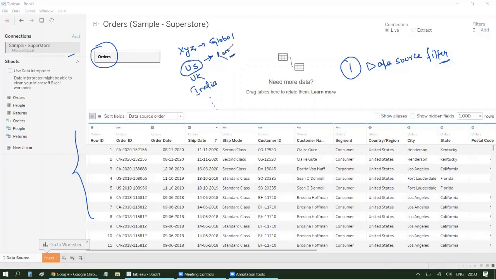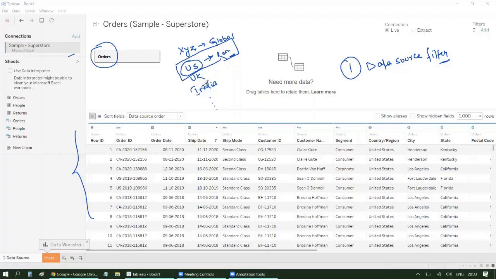Now, in that case, what happens when you start connecting your data to Tableau, all the other locations' data will also be available, but those are not of your use, right? You are only responsible for creating the reports for the US region, and that too for Kentucky state. So you may not want to flow your entire set of data to the development phase.